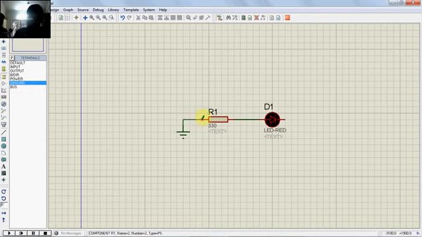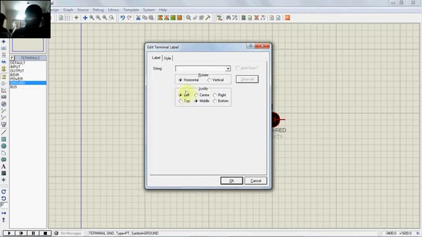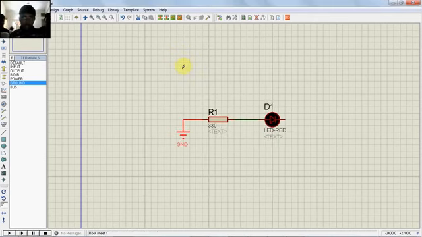It's that simple. And you have to double click on the ground and write GND in the string field. Proteus knows by itself that it's a ground anyway, but you have to specifically write GND, because there will be some errors if you are making a very big circuit with many different types of ground. Now I need powering, so I take this power.